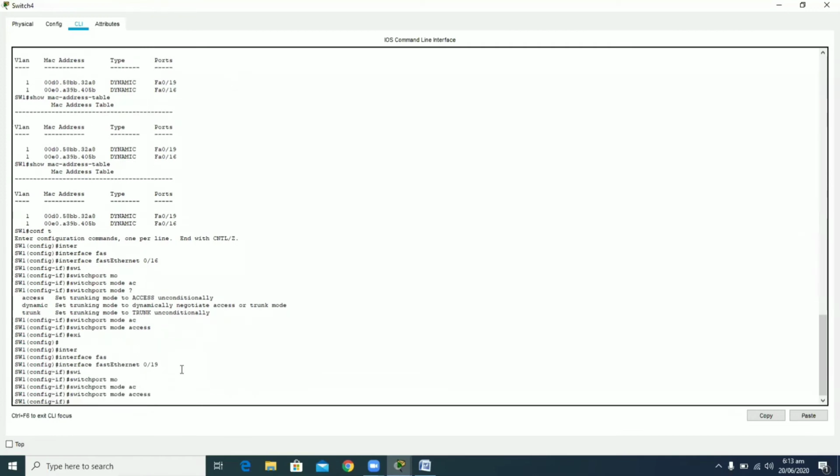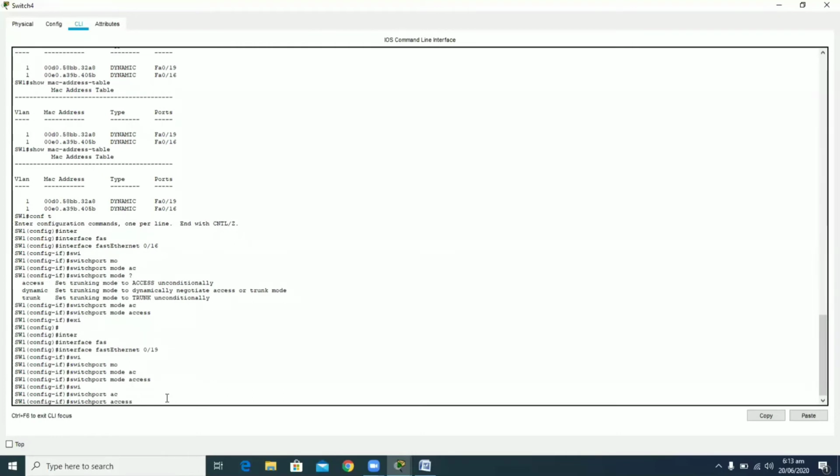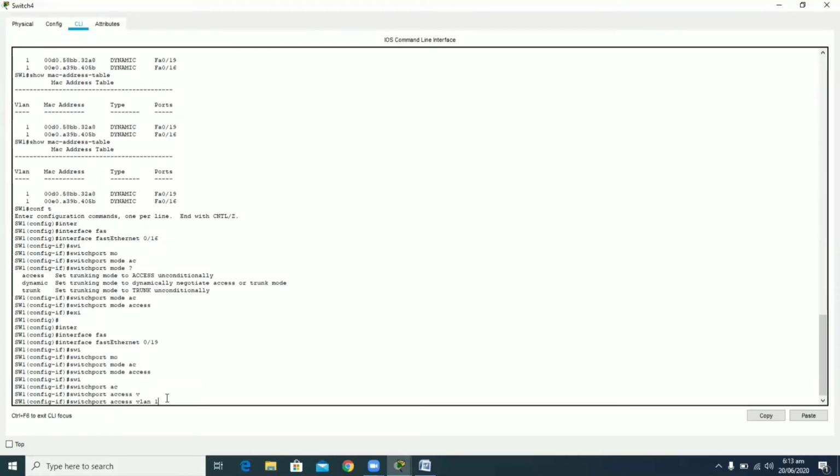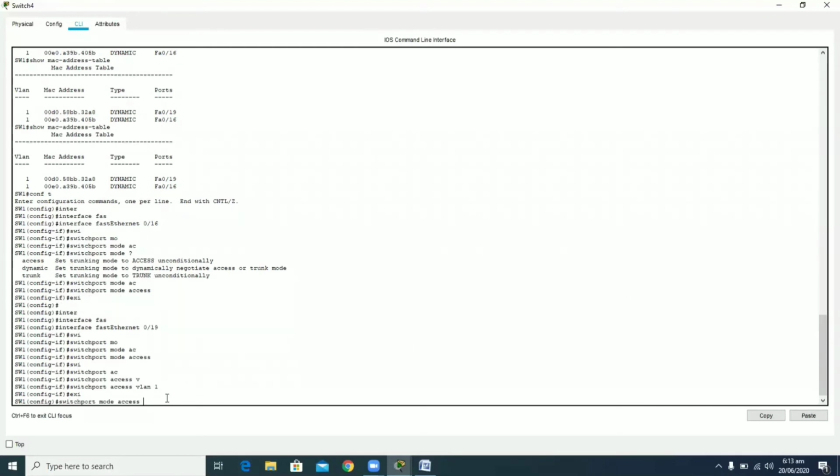Switch port mode access. Also, one thing more you have to define, which I forgot in case of interface Fast Ethernet 0/16. When you define a switch port as mode access, then you also have to tell the access virtual LAN. So here the access virtual LAN was virtual LAN number 1. I will be repeating the same for the Fast Ethernet 0/16 port.